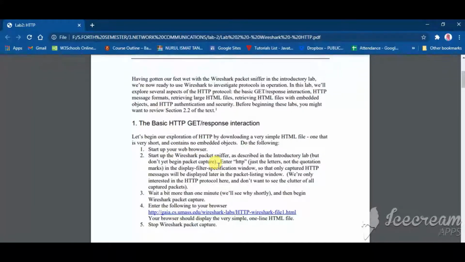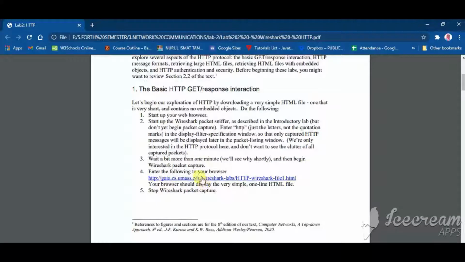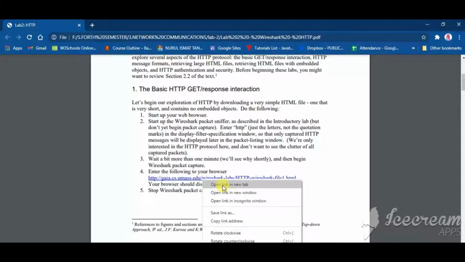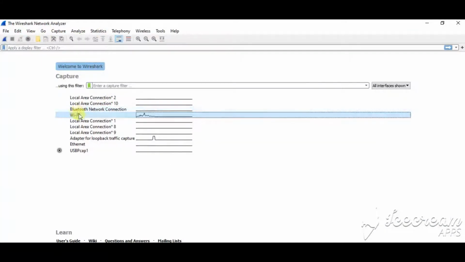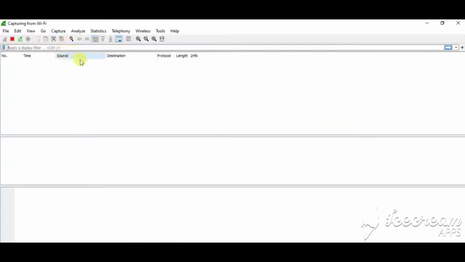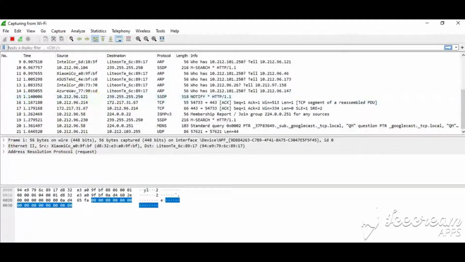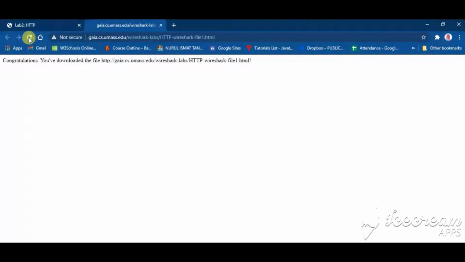We should open the given link, and if we select the Wi-Fi connection and start capturing, and we refresh it,